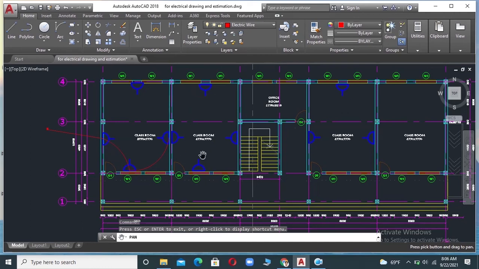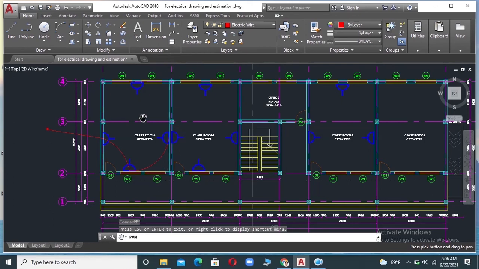If we have many floor plans having the same power socket, now we have already created 4 layers, so it should be easy for us to change the properties of the power socket. So let's see how to change the property or color of this power socket, or the thickness, line weight of the power socket.